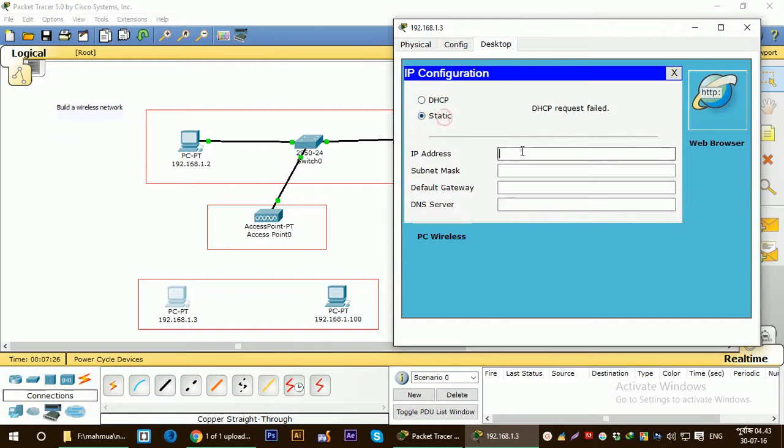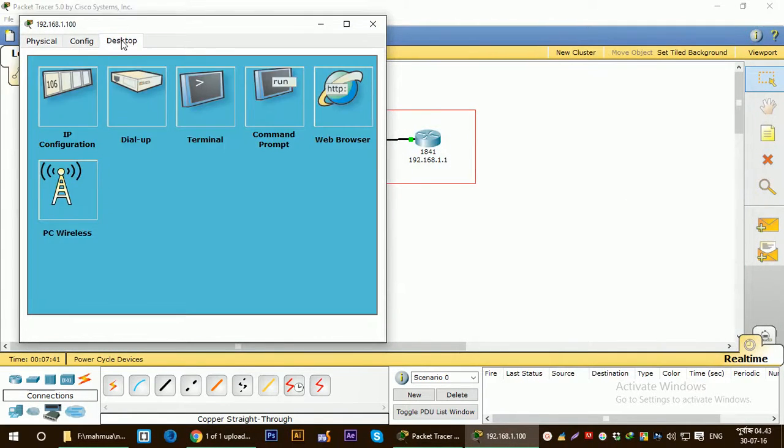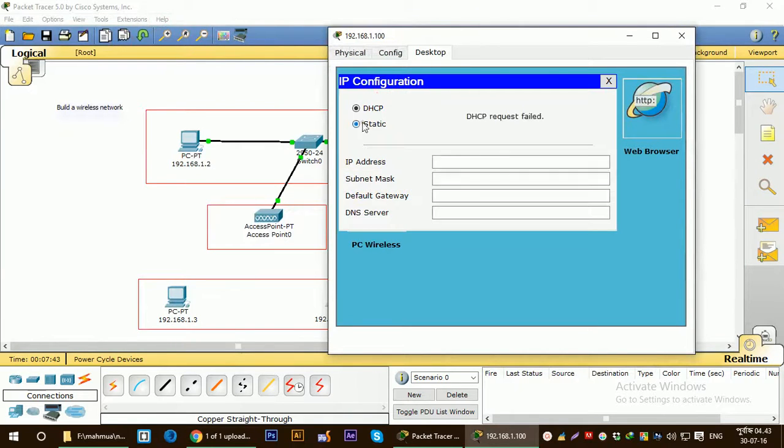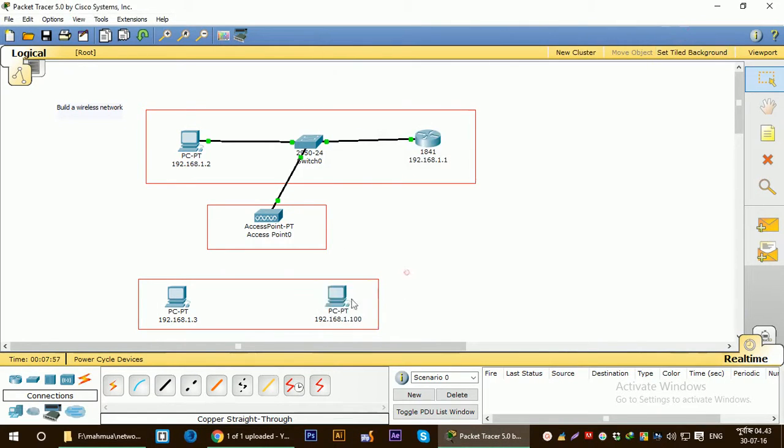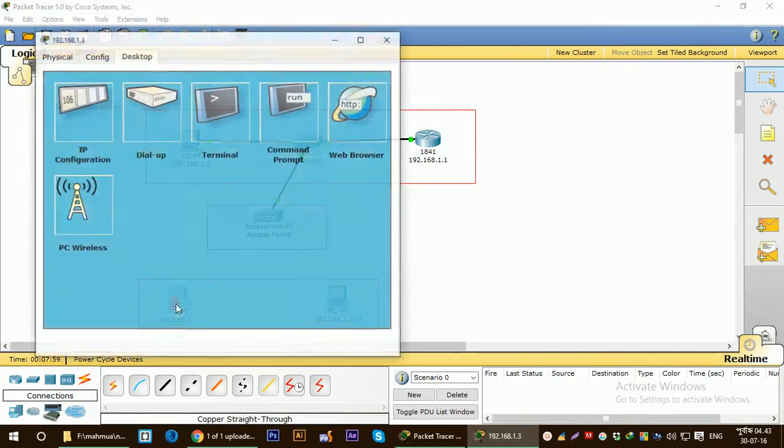Actually, I have to first put the IP address for them, and the default gateway will be the IP address of the router. Okay, so those two PCs have the IP address. Now we have to actually